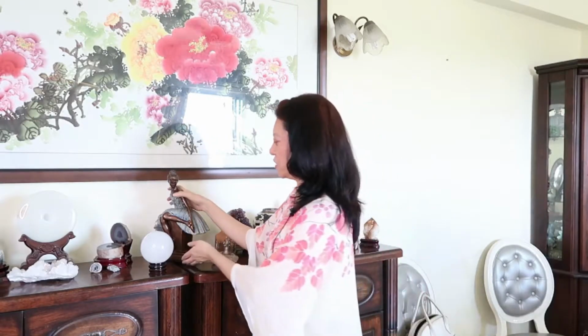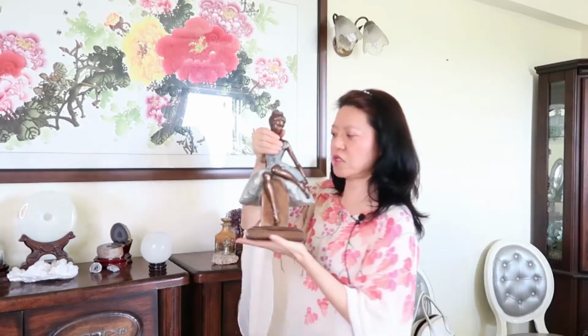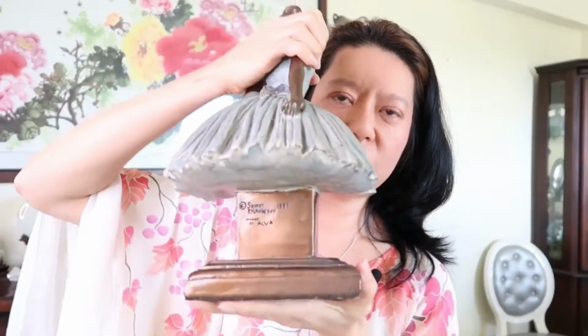It is a brass figurine. If you can see, the colors of it are so beautiful. It has these wordings, Sergei Ilanbekov, made by Alva in 1997. I think this is, if I'm not mistaken, Russian. It's very heavy, and as you can see, the details are so beautiful. I love the blue of her dress, and there's a bow on it, and you've got all the details on the skirt, and look at her,